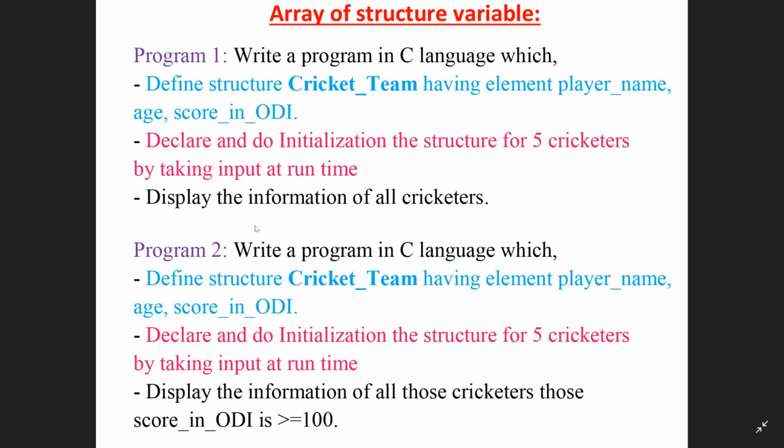In the second program, everything is similar, but one condition is different. That is, in the second program, display the information of all those cricketers whose score in ODI is greater than or equal to 100. So we want to display only the name, age and score of those cricketers whose ODI score is greater than or equal to 100. So that is one condition we have to apply. So these are 2 different programs. Now let's start